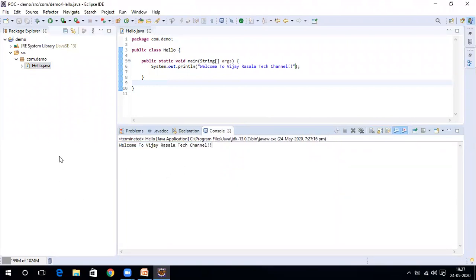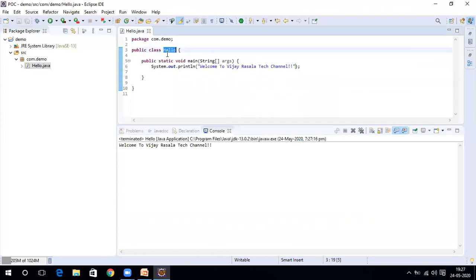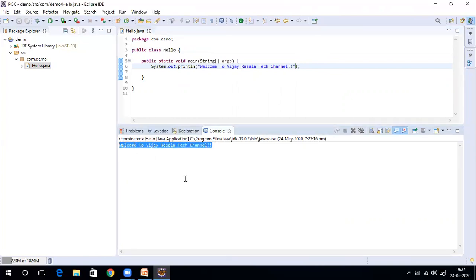Okay, this is how one simple Java project is created, and then creating a new file hello.java, and inside that we are just writing one statement, a print statement basically. This statement will print whatever required output we want. So that's all.